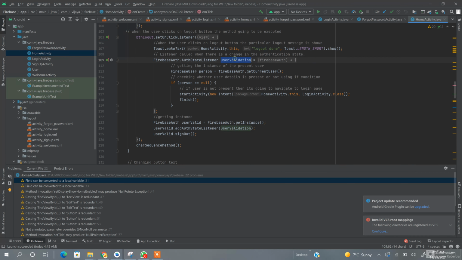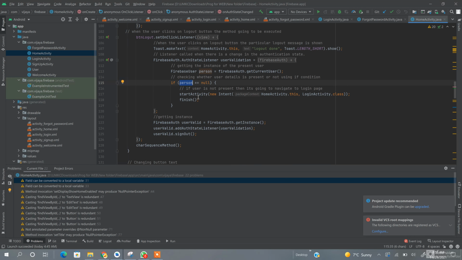This listener is called when there is any change in the authentication state, and we get the instance of the present user using getCurrentUser, and check whether the information is present or not.